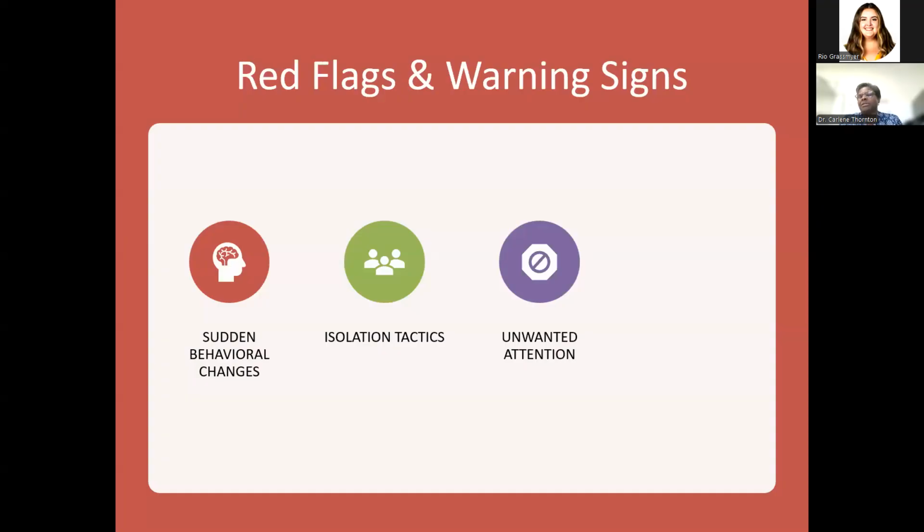Even if the student has not verbally expressed being uncomfortable, are they shying away? Do you see it in their facial expression? Are they cringing? Are they gritting their teeth? Are they leaning away when this person comes around to touch them? What are they doing to let you know that the attention is unwanted? So we have to pay attention to those warning signs.